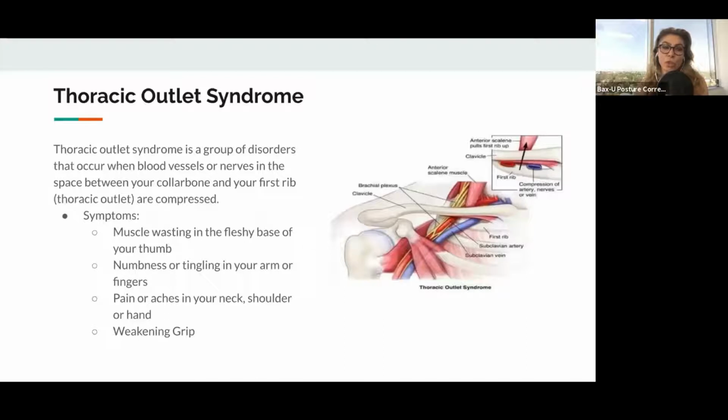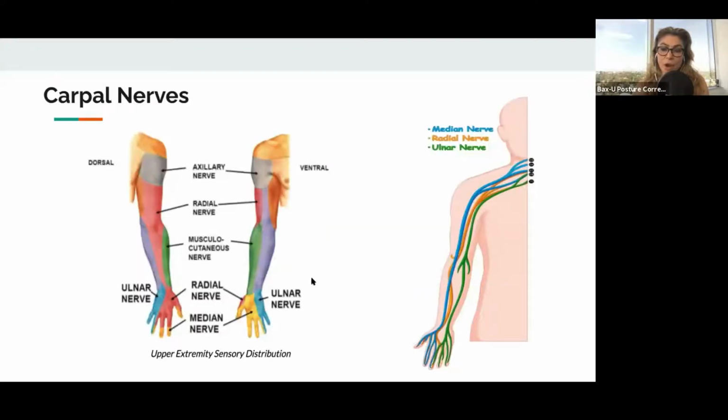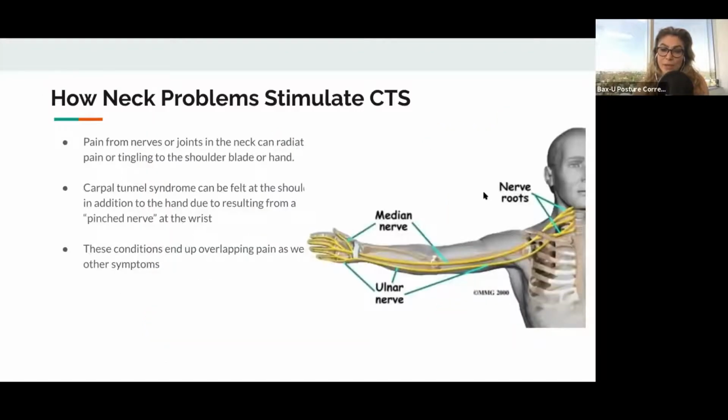And let's talk about thoracic outlet syndrome. Thoracic outlet syndrome sometimes is misdiagnosed as carpal tunnel syndrome. That is when the nerves in your armpit get compressed. And that's why they call it thoracic outlet, because the nerves are coming out of your thoracic spine right around here. And when they get pinched down there, you will feel sensory stimulation or numbness and tingling and symptoms in your wrist. So carpal tunnel, even though you're feeling your symptoms in your hands, but definitely you want to check